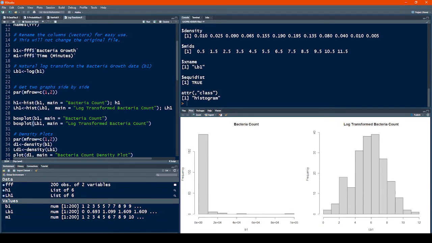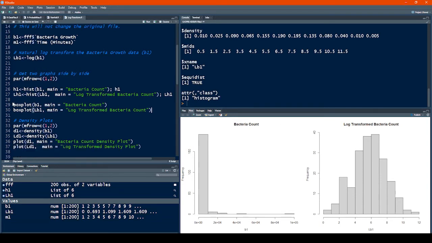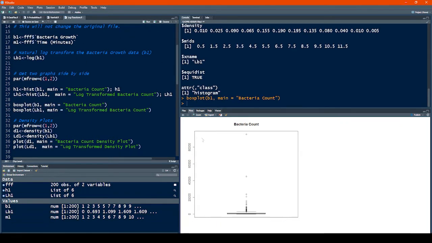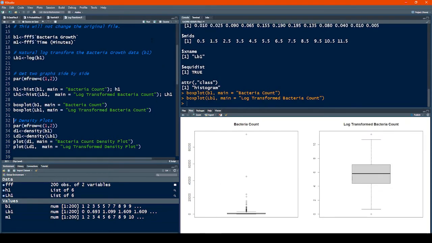Now let's look at the box plots. So when I do the box plots, again side by side. Here's the first box plot and our second box plot. And this again is useless, totally meaningless to us. I mean, the box itself is so small, and then of course all the outliers.